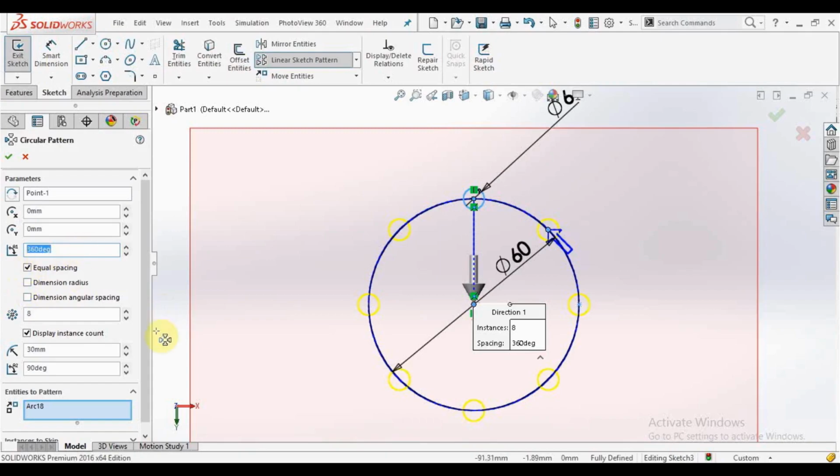But if you select the dimension angular spacing, then this is 45 degrees, meaning the angle between two holes is 45 degrees. If I reduce the angle, let's say it is 30 degrees, it means the angle between the two holes is 30 degrees, and the number of holes is 8. So 1 2 3 4 5 6 7 8. So 8 threes are 24. So if I select the equal spacing,